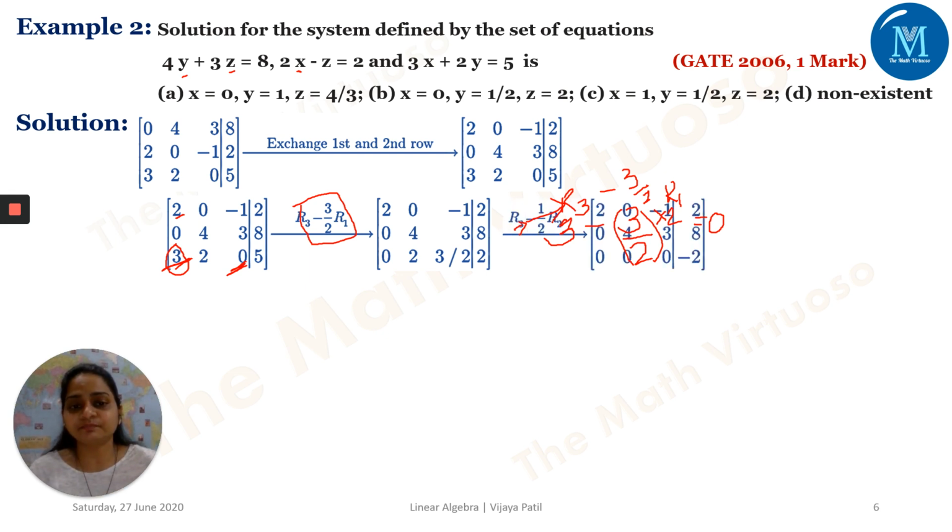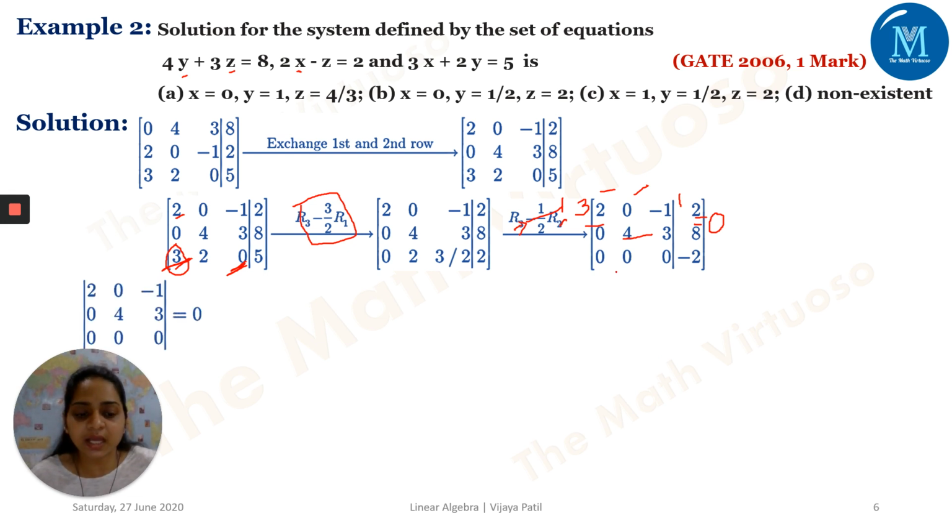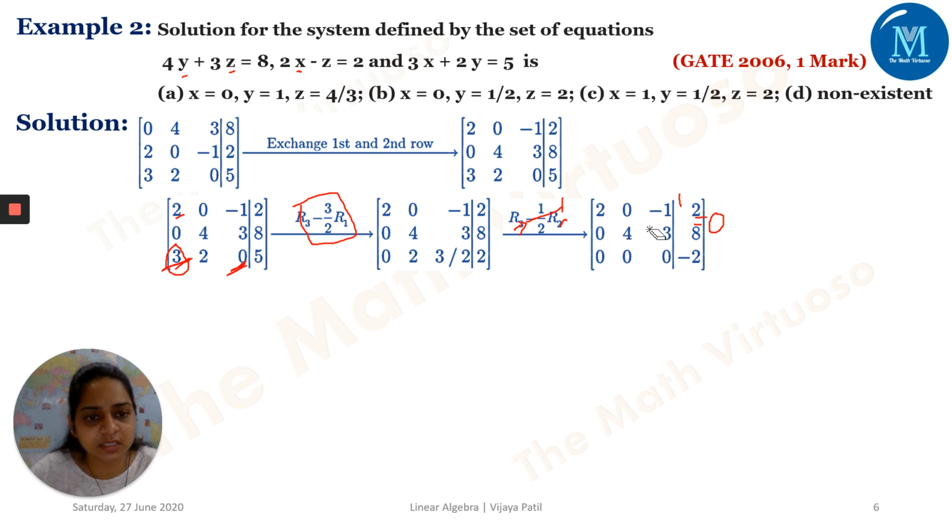So if this is the matrix over here, fine. After that, I will get this matrix over here. After getting this matrix, before that, what we have discussed in the previous slide, let me just give you the hint. It's not required to have this. Okay. Now, this is my matrix A comma B.